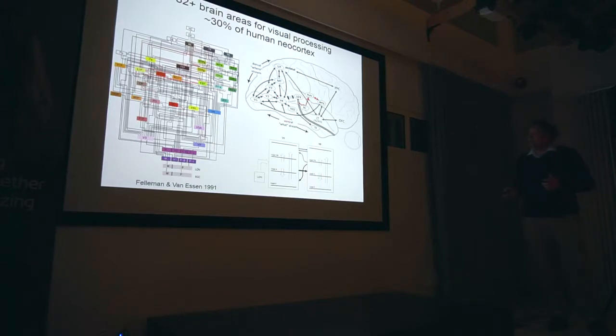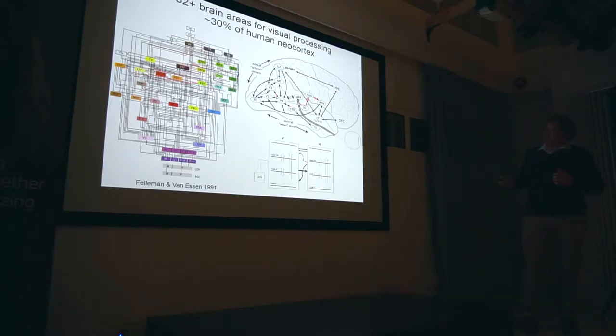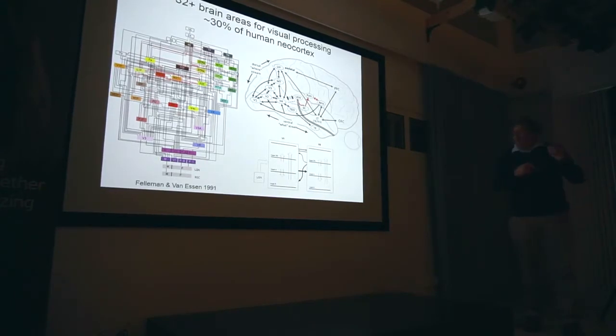And just looking at two areas, primary visual cortex V1 and V2. V1 is where input comes first, and then it proceeds on to V2 and V4 and on, at least in the ventral stream. And even between these two areas, there's actually a lot of recurrence. This is a vast simplification of what actually is happening. And even within the areas, there's recurrence between layers. There are 6 layers in most cortical areas.